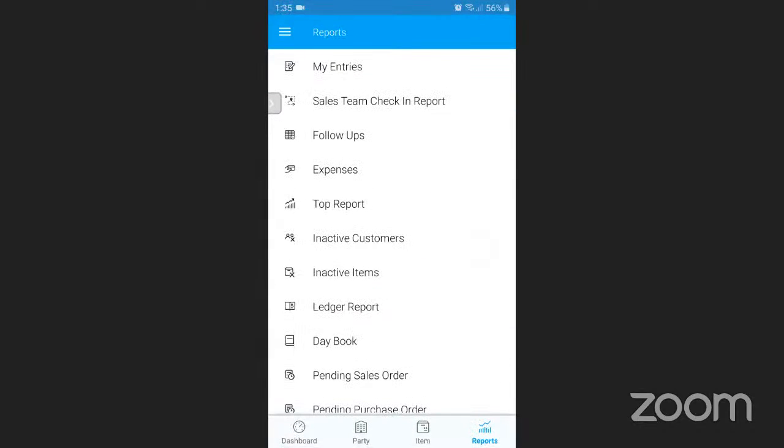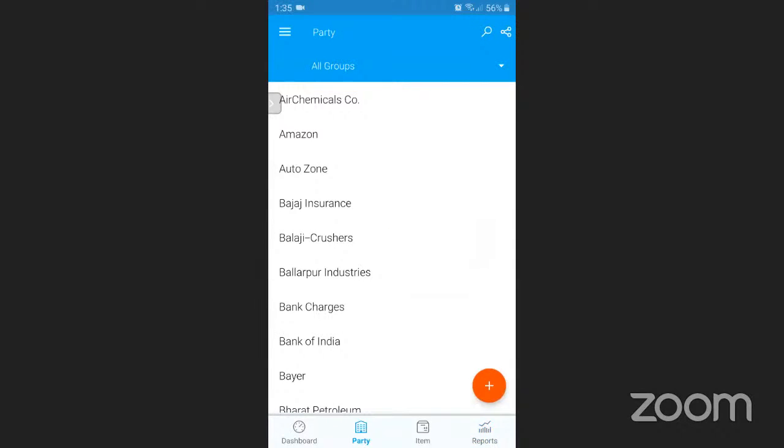Next thing, okay. Definitely, if you want to schedule your time, you need a reminder for your timer. Suppose I'm the salesperson, or suppose I'm the owner. I spoke to a particular party. I'll take Air Chemicals again. I spoke to the Air Chemicals owner, the concerned person over there, and I scheduled a meeting with him. Suppose after 2 days, or a phone call with him after 2 days, regarding some discussion or